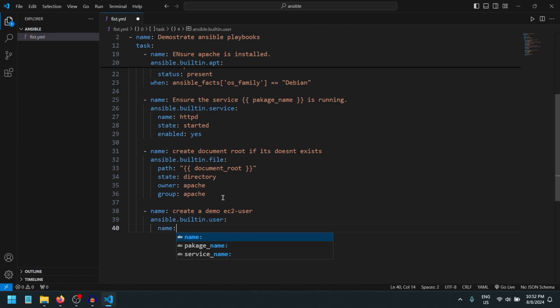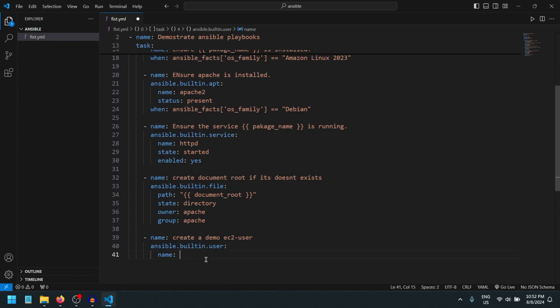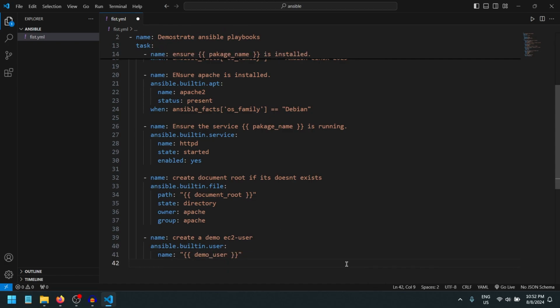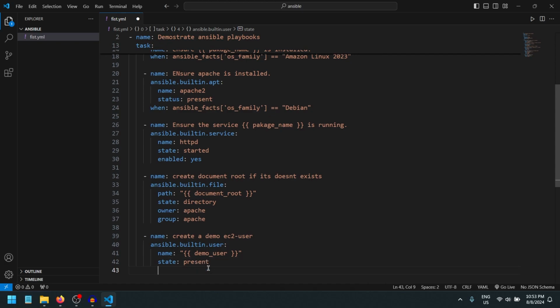name should be, let's create another variable, and the variable name should be demo_user equals Mahesh. So we can just provide the variable name over here, demo_user. So this is my variable name. I just give it a space over here, and it will automatically fetch that value. The state should be present. It should be created, present, and